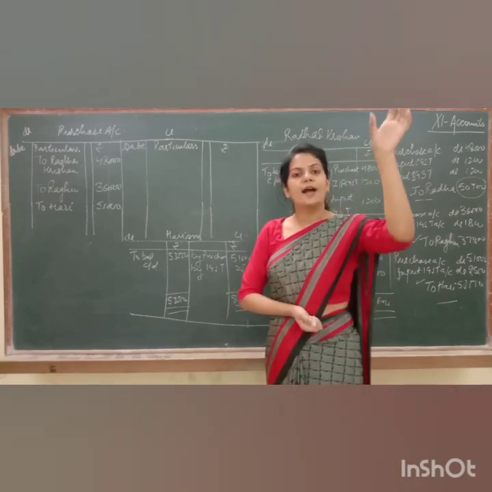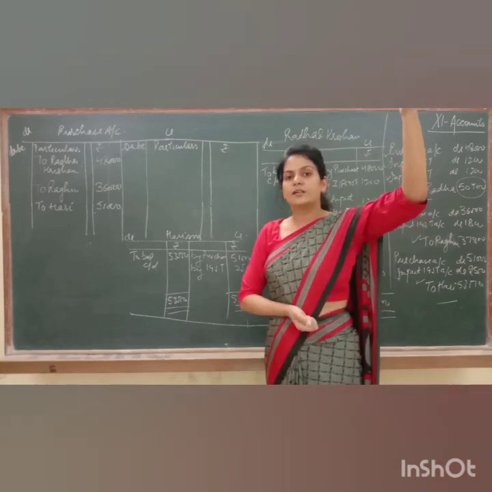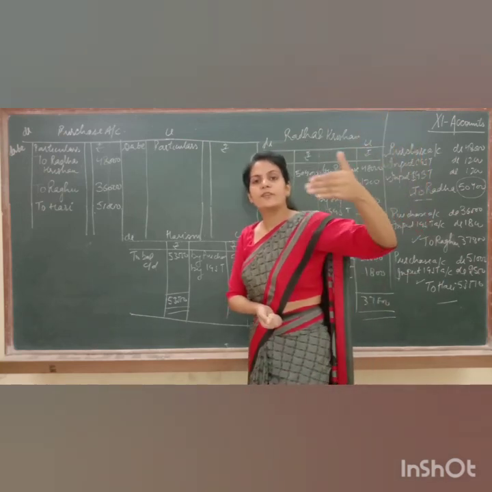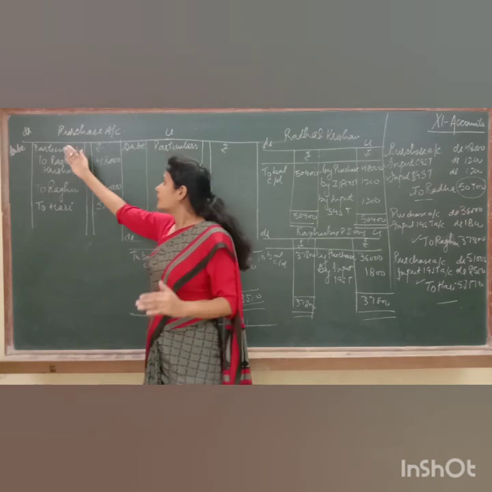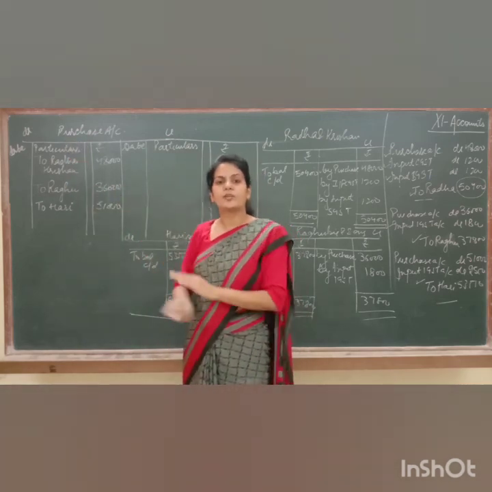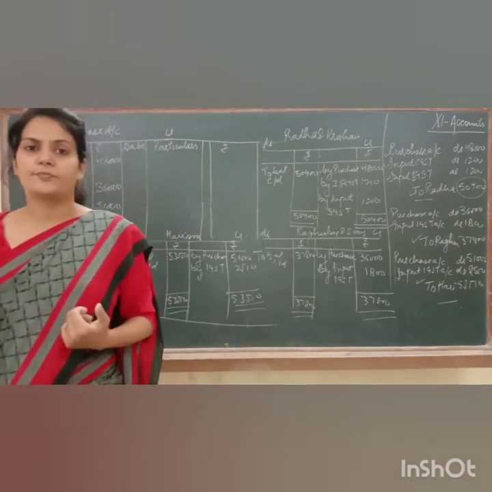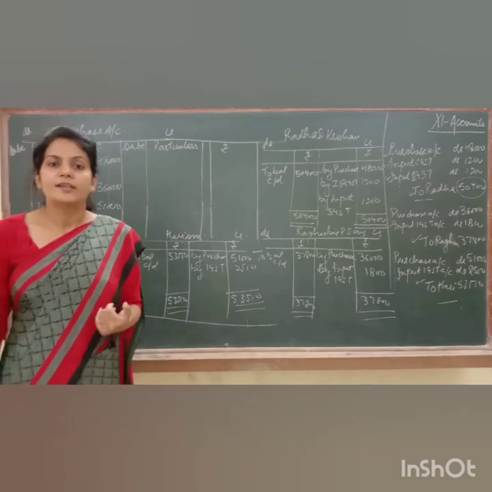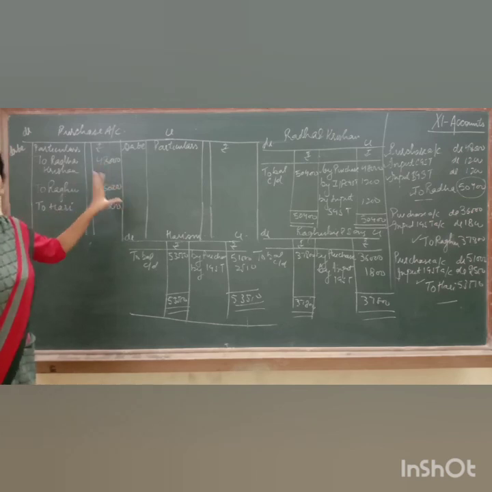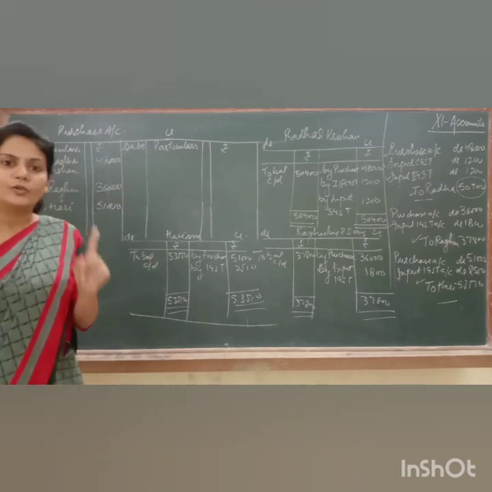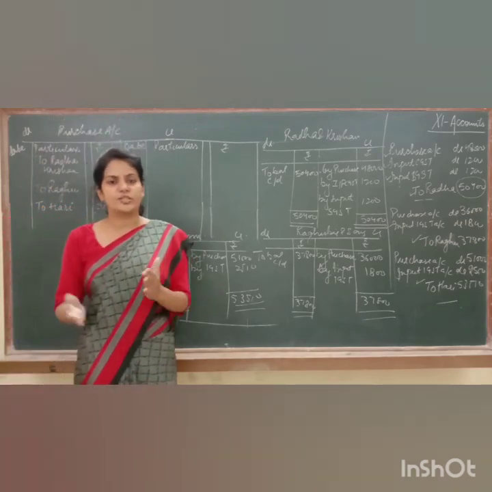Fine. In the purchase book, I am just recording the transactions, and you must have seen that in the purchase book, all types of purchase we have shown, whether from Raghuveer, Hariom, whatever. But in the purchase account, we are recording all the transactions at one particular place. In the purchase book, we are recording only credit purchase. What about cash purchase? Fine. So in the purchase account, credit purchase as well as cash purchase, both will be recorded. But in the purchase book, only credit purchase is recorded. So these are some basic differences between the purchase book and the purchase account.